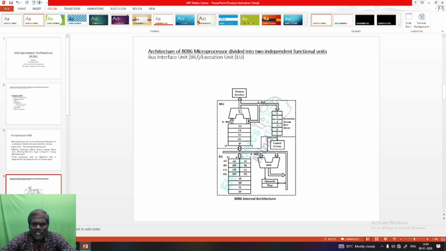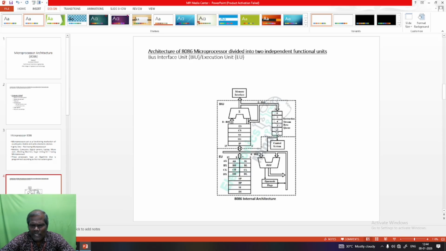With the help of the physical address, from the memory interface we take the instructions. Those instructions will be kept in the queue. This one is the prefetch queue. Here only we keep the instructions.